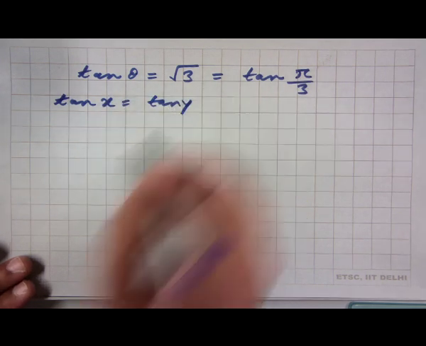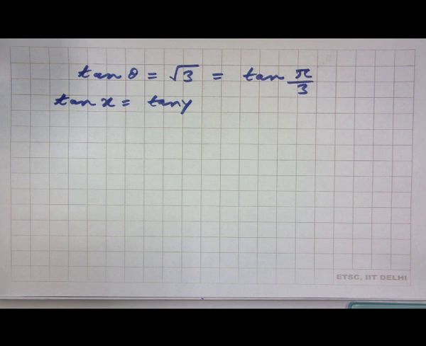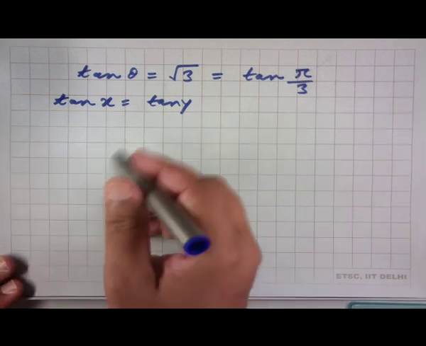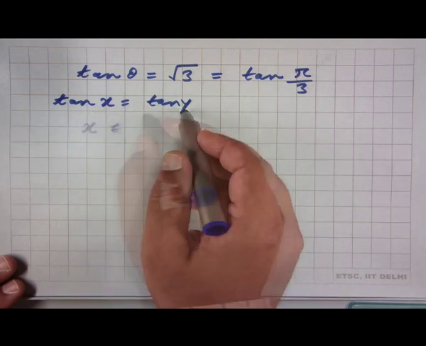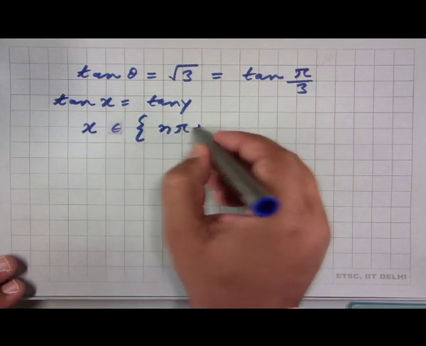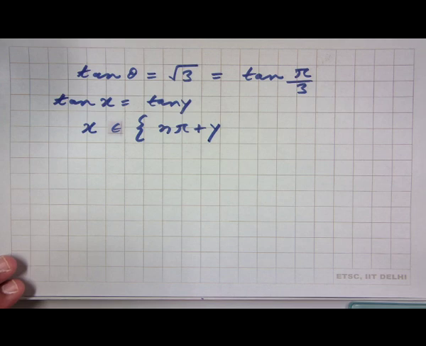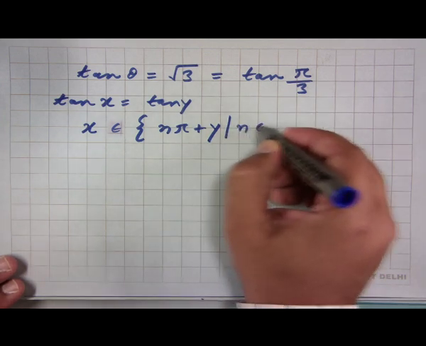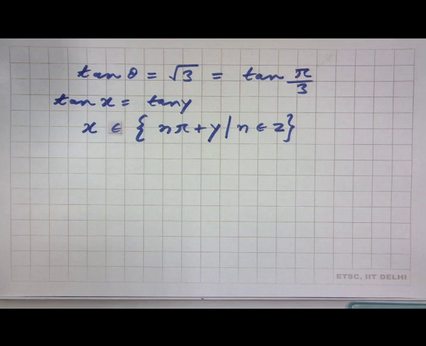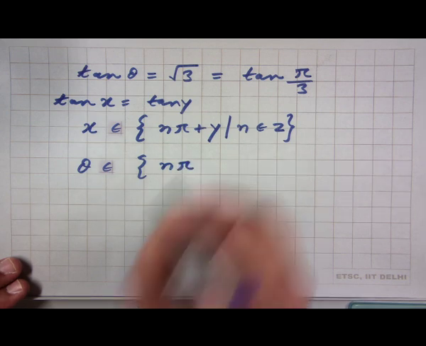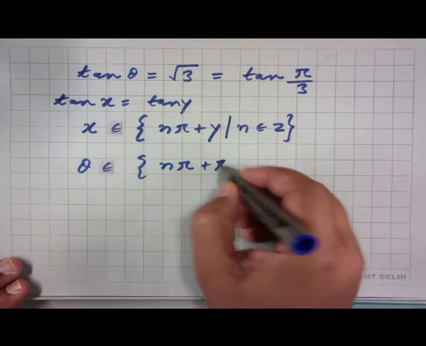If you remember a few slides back, we were just discussing that, and what we had said was that the general solution to this type of equation is that x is equal to n pi plus y for all n belonging to integers. So, using this result which we had proved earlier, with x equal to theta, we get that theta is equal to n pi plus pi by 3,